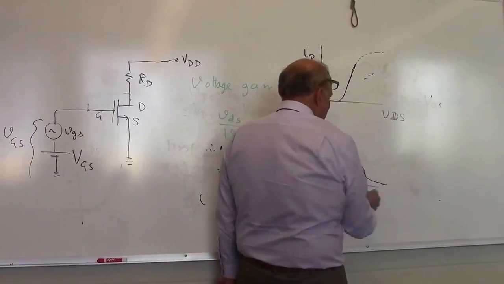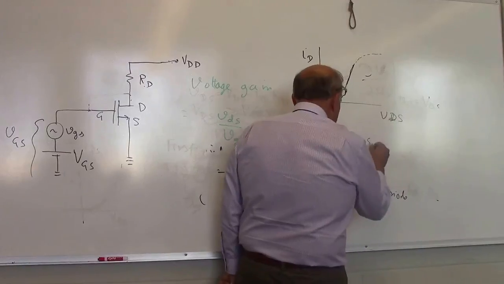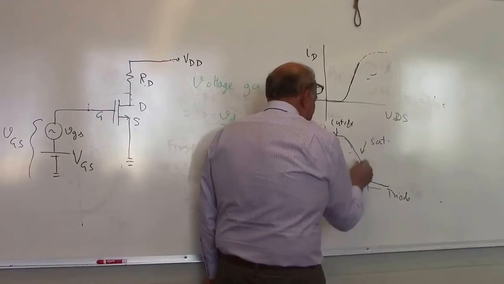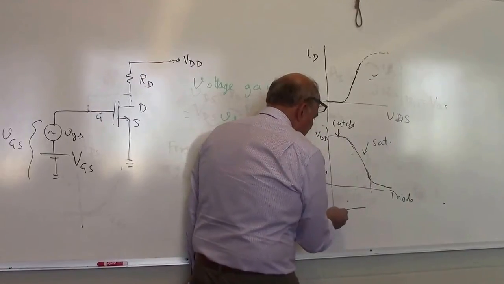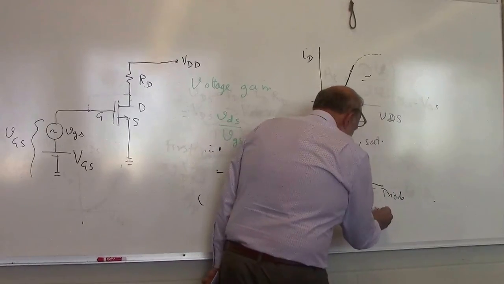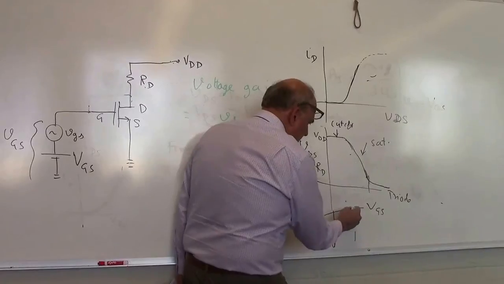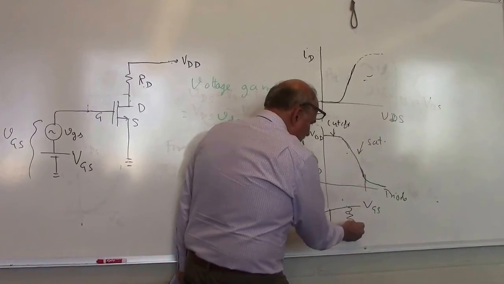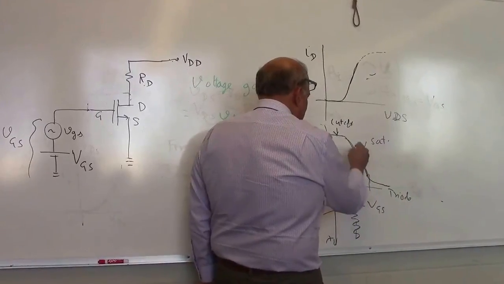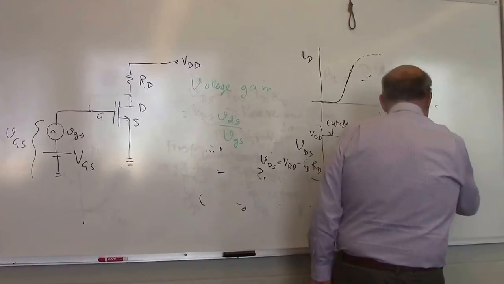Something like that. So that's in the triode region. So this is triode, this is saturated, and this is cutoff. So now if you bias your signals, let's say this is your VGS, this is time, I'm drawing a graph like this, going in that direction, time is increasing here. If this is my small signal on it, then at this operating point, the output voltage that I will get will be